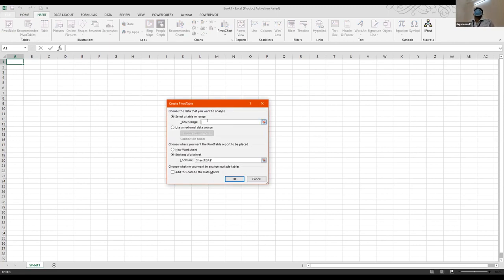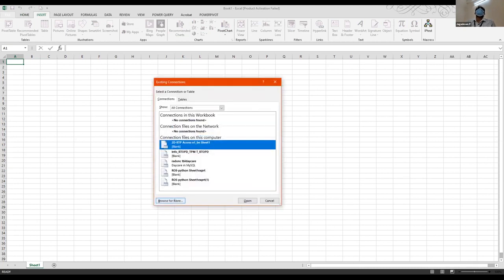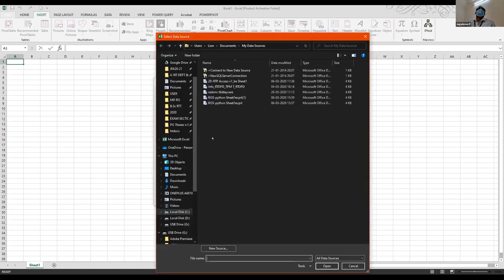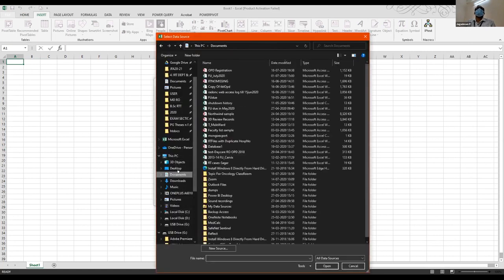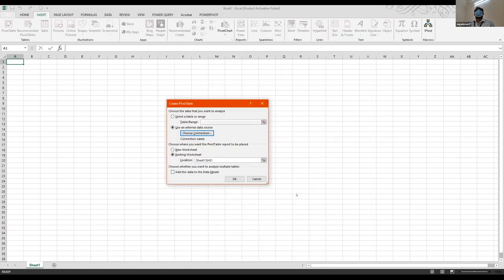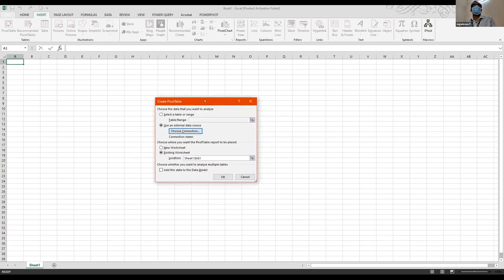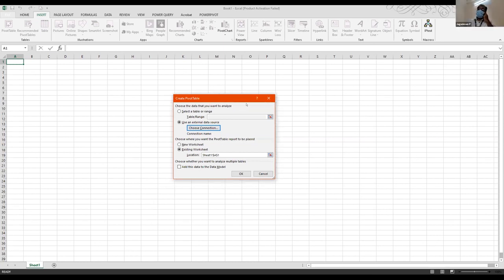Here it asks me whether I want to select any fields within this format. I don't want anything within this. I'm going to have an external data source. So it asks me to choose a connection. You can click to choose a connection. You can click browse here. As you click browse, you can go to the documents folder. There we have that OPD registration box. I don't think those text boxes are seen here. But do you see the pop-up here, Dr. Dodal? Yes, sir.